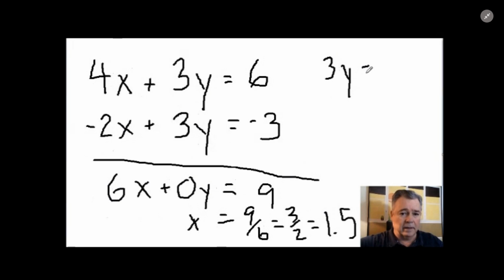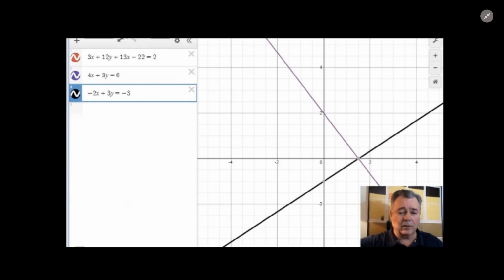And that reveals to us that the value of y in the point of intersection is 0. The x value, remember, is 1.5. Let's look at the graph here. Yes, 1.5, 0 is the point,